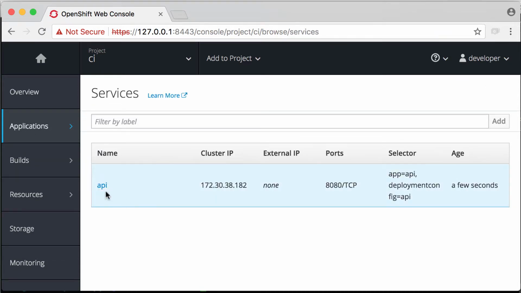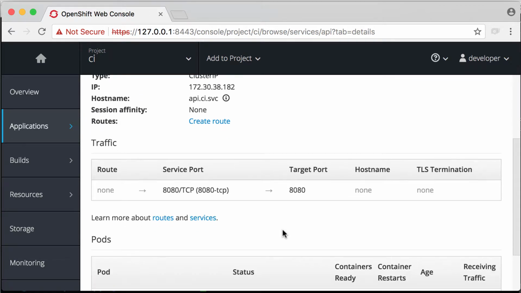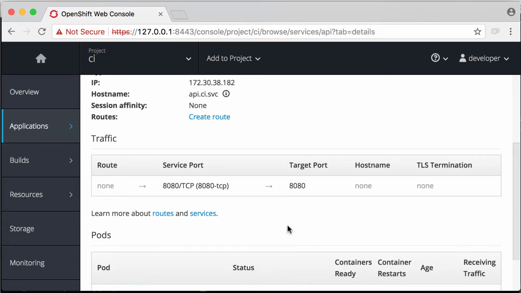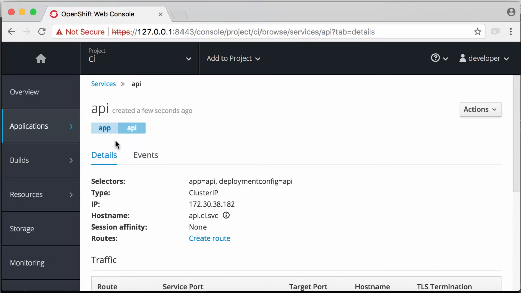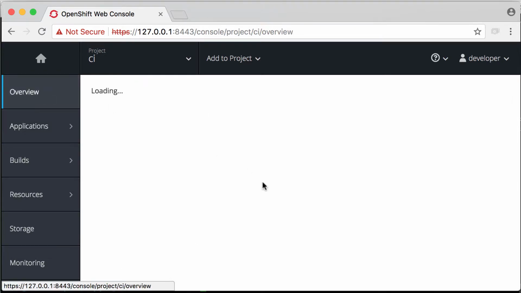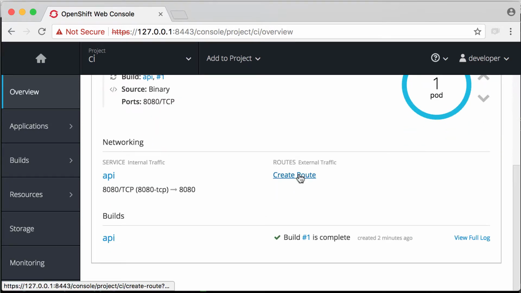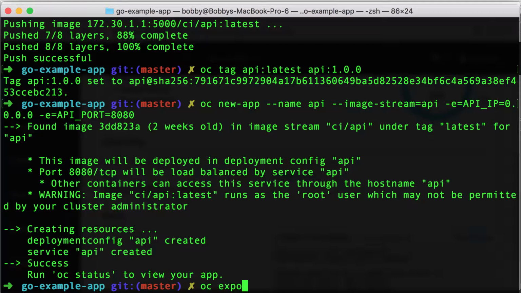API. If I look at this service, you can see here basically this service is just showing that it's a service running on port 8080, and it's mapped to the 8080 in the container, and that's running on this pod. And you can see it's receiving traffic. Perfect. It's ready to receive traffic, but it won't be able to externally because we've not set up a route. So if we want to access our API, you can see this is running on one pod. This is running, awesome. We could press create route, or I could come here and say oc expose